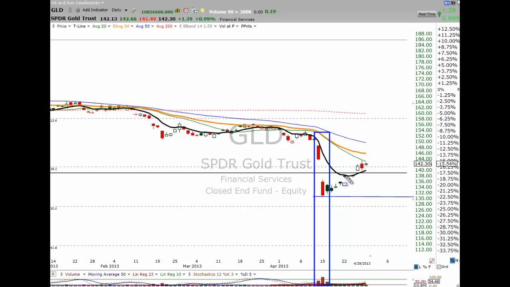1, 2, 3, 4, 5, 6, 7, 8, 9, 10 days to the upside. A good little percentage move for anyone that traded there. The thing now is, I would be a little cautious. We could certainly get a little more to the upside, that's very possible, but at this point I would be a little bit cautious,